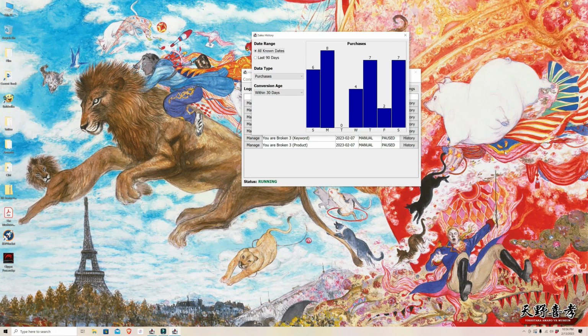My software records and saves all the purchase history that it receives from Amazon. So it is capable of showing a purchase history longer than 90 days. And you can switch between those two views here, but this campaign is younger than 90 days, so there is no difference. You can also switch the display to show different kinds of metrics, like for example sales, which shows the same thing but in amounts of currency.